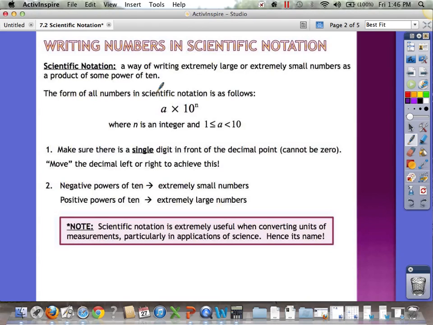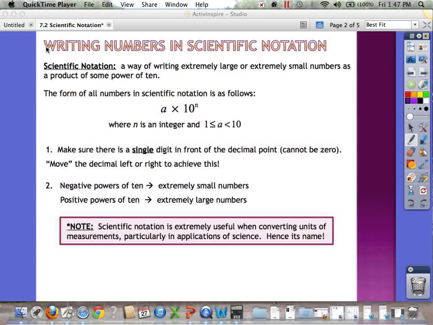Writing numbers in scientific notation. Now, you may have used this in your science classes, and if you haven't, you will be. Scientific notation is a way of writing extremely large or extremely small numbers as a product of some power of 10. The form of all numbers in scientific notation is a times 10 to some power n, where n